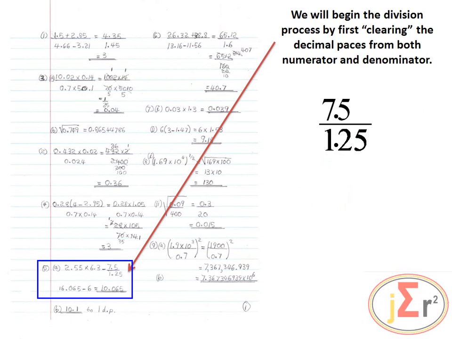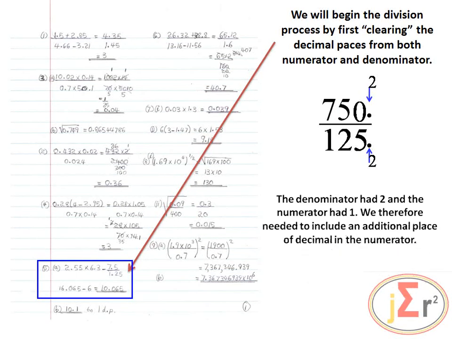We will begin the division process by first clearing the decimal places from both numerator and denominator, because we have done the multiplication here. Before we subtract, we'll have to do the division also. So let us go straight ahead and do that. What do we know? 2 places of decimal, and we need to throw in 1 in the numerator. The denominator had 2 and the numerator had 1. We therefore needed to include an additional place of decimal in the numerator, and that we have done